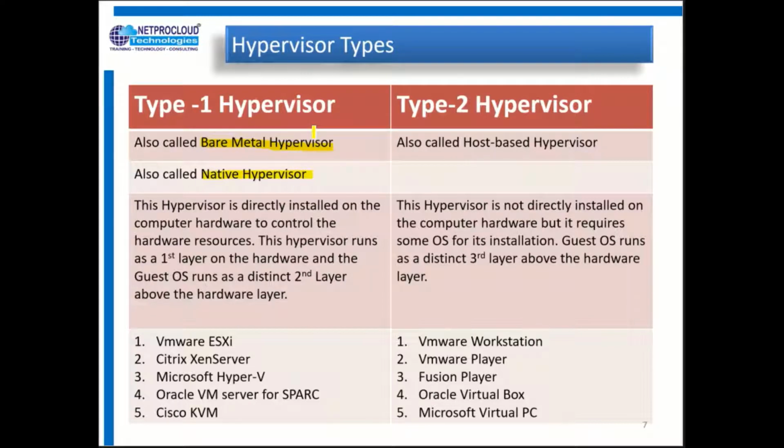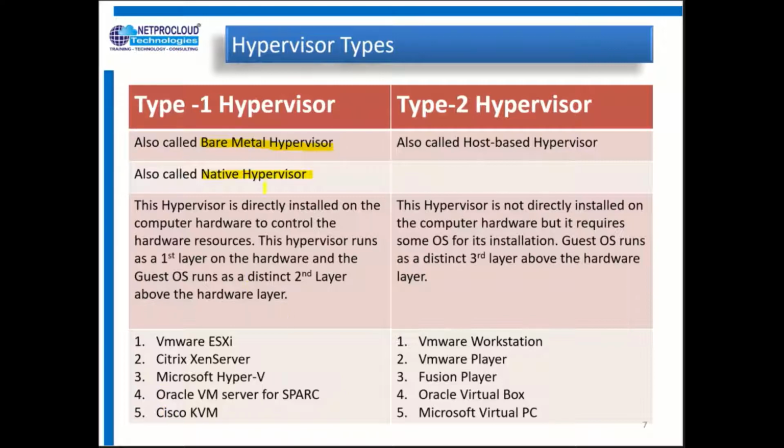This kind of machine is required by this type of hypervisor, so it doesn't need any operating system for its installation. It needs an empty machine or empty hardware, your blade server. Examples are VMware ESXi, Citrix XenServer, Microsoft Hyper-V, Oracle VM Server for SPARC, and Cisco KVM.